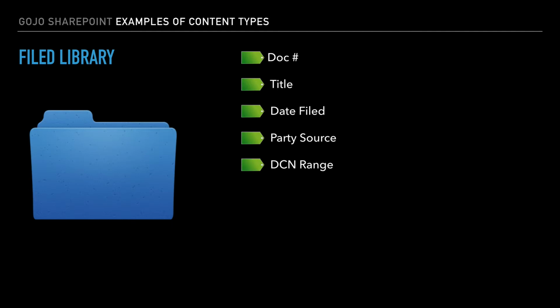We usually don't use plaintiff and defendant, we use party names. The DCN or document control number range that has been applied to those pieces of paper using Adobe Acrobat before the items were moved into the pending privilege review file. A question of whether that was filed or not. Now, because the content type for filed and the content type for served are the same, the way the program knows to separate those is with this one question: was it filed? If it was, then the filed view filters those out, so you only see the filed items. If the answer is no under this column, then it filters those out, so all you see are the served